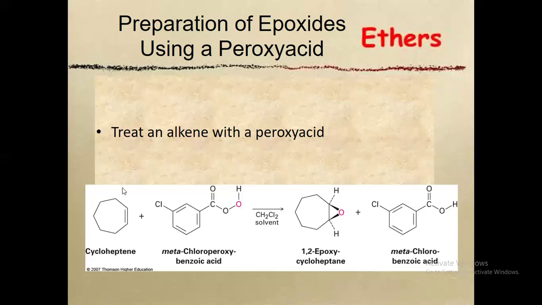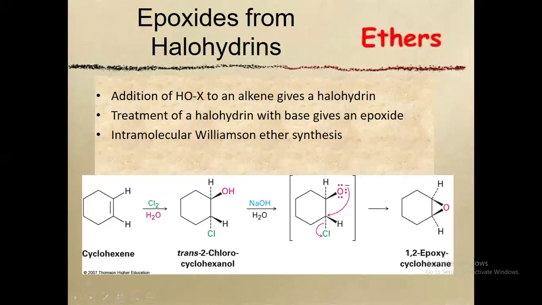So if you look at this scheme, this is a cycloheptene. The reaction occurs around the carbon-carbon double bond. It reacts with the peracid. It introduces one of the oxygens here to form the epoxide. And then the peracid is reduced by one oxygen, so that's why you have a benzoic acid. Another reaction